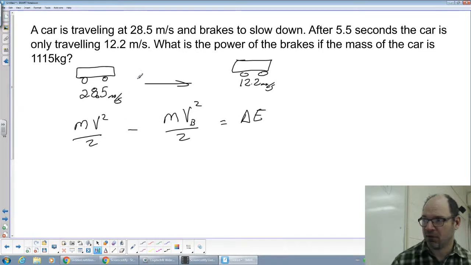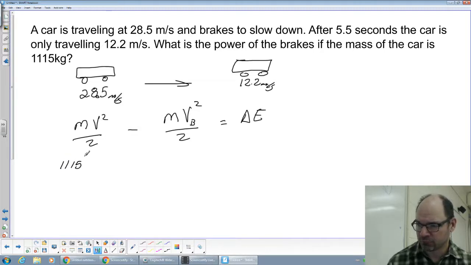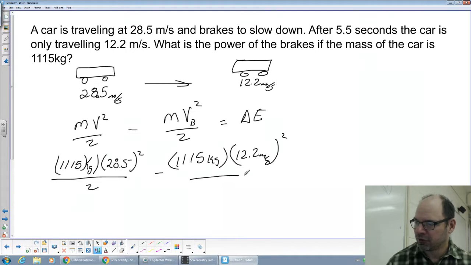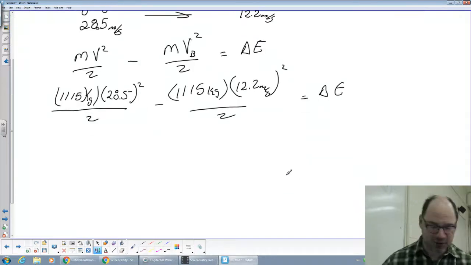Obviously, you could just figure the difference in the velocity out as well. That would work. Okay, so in this case, we've got 1115 kilograms times 28.5 squared over 2 minus 1115 kilograms times 12.2 meters per second squared over 2. The change in energy. So if we do the change in energy like that and see what we get,